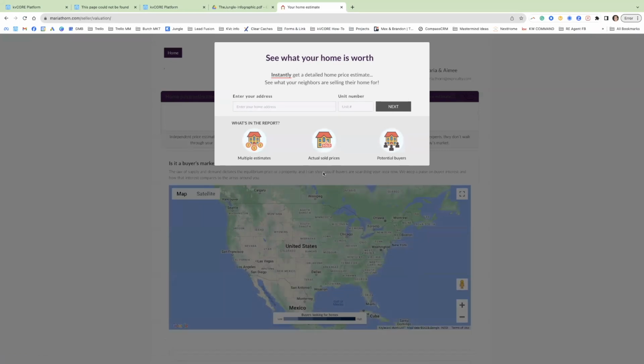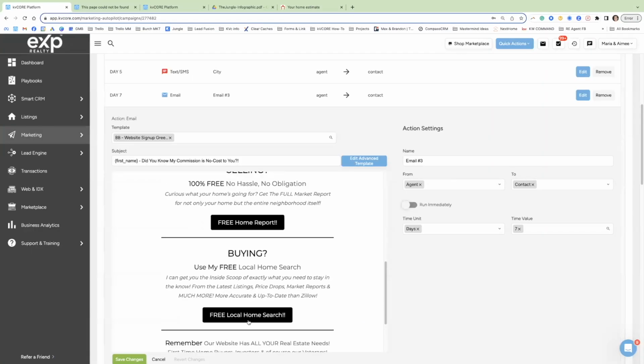If you have KvCORE, you got a KvCORE website. And if you got a KvCORE website, you got a home evaluation page. This is where the button would go. Same thing with this search. If you click it here, it's going to give you a 404 error. If you send yourself a test or the real one that goes out, where I'm taking them with this,